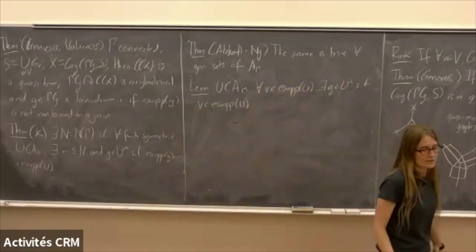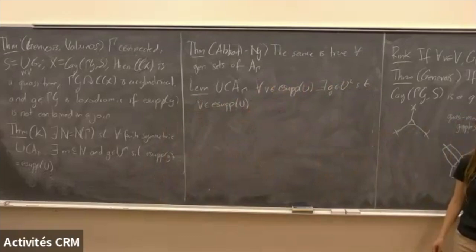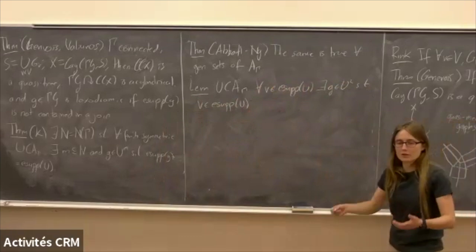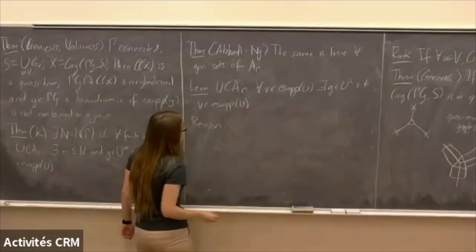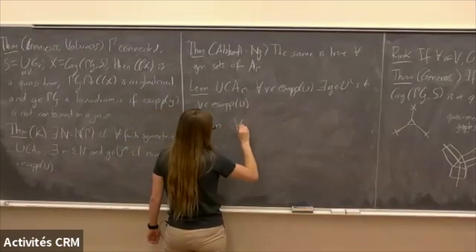The reason why this is true is very similar to the trick that Anya was using yesterday, which is that you can use actions of your right-angled Artin group on the Bass-Serre tree. So for any vertex,